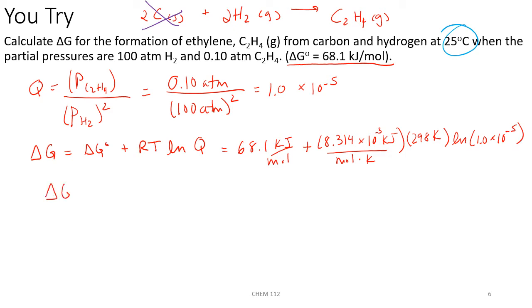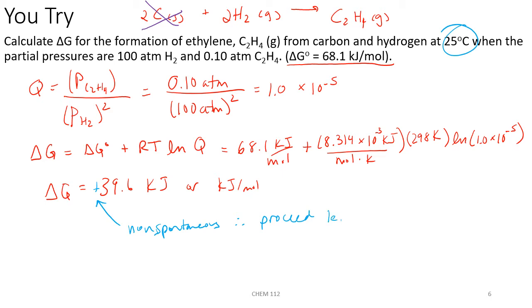Our Gibbs free energy at the non-standard state conditions comes out to being 39.6 kilojoules, or kilojoules per mole. Either one is fine. And we got a positive value for our delta G. So this means that the reaction is non-spontaneous as written, and therefore it'll proceed in the reverse direction, or essentially from products to reactants. It'll proceed left